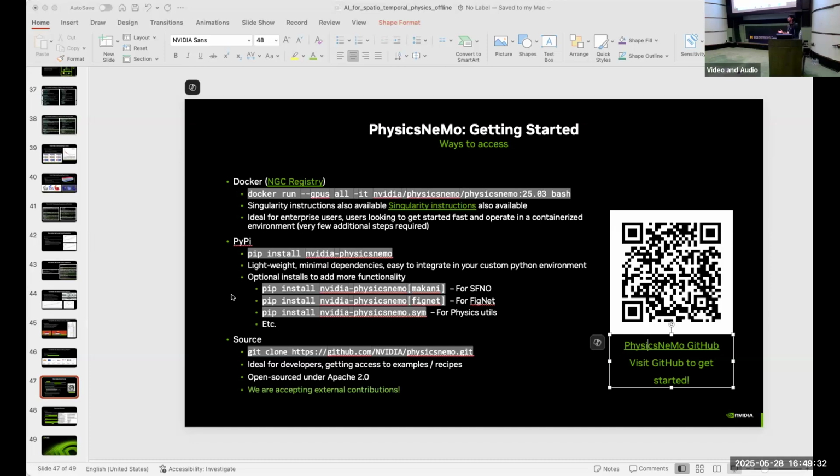So one could have an AI model give you that transient rollout. There have been some research ideas exploring that, but we don't have that in PhysicsNeMo yet.